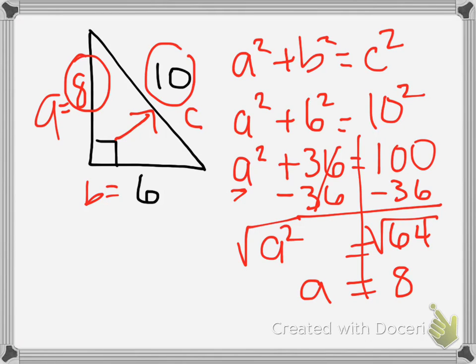So I now have the height of this triangle. So now let's look at how to find the area. I know that that side was 8. I already knew that the base was 6. We don't even need the 10 anymore because we have the components that we need to be able to find